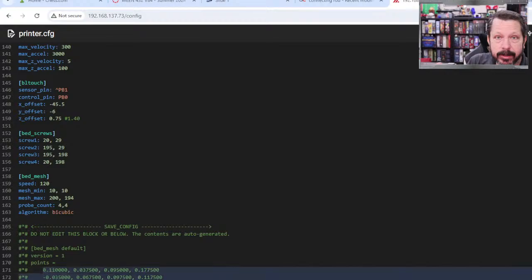Here is our bed mesh that we did. Here's the algorithm that it's going to use based on those numbers, and now down at the bottom it has added a set of P, I, and D values for the extruder. We could do the same thing,